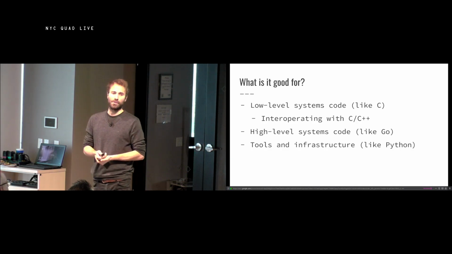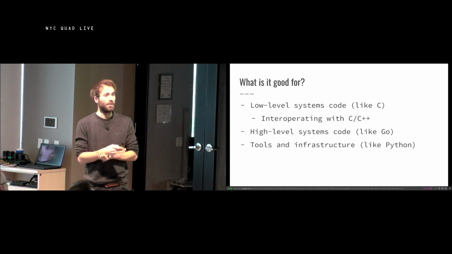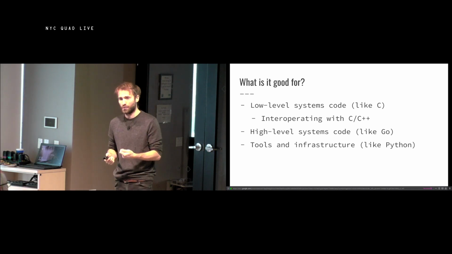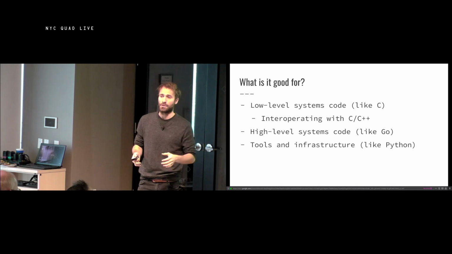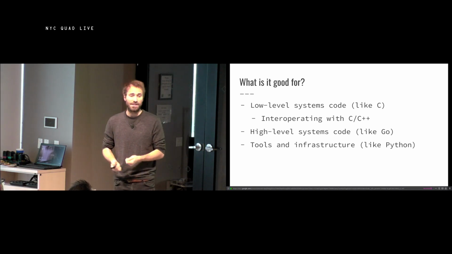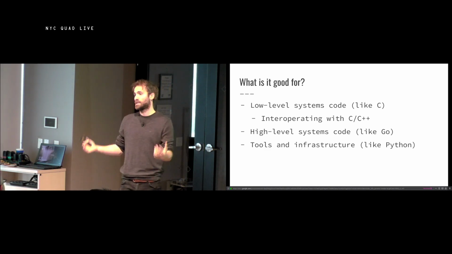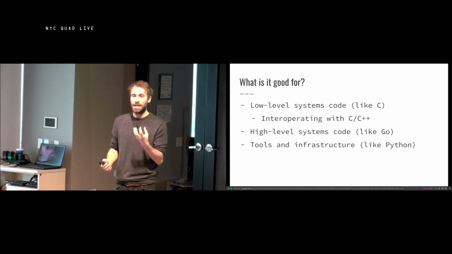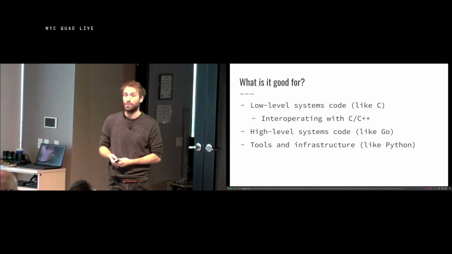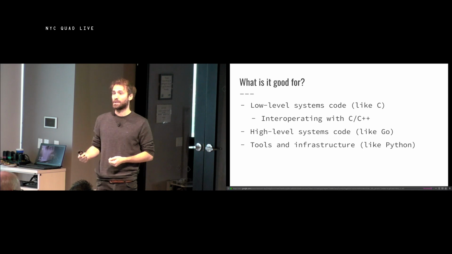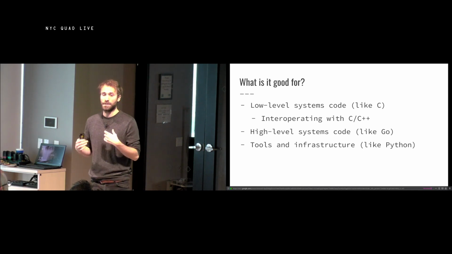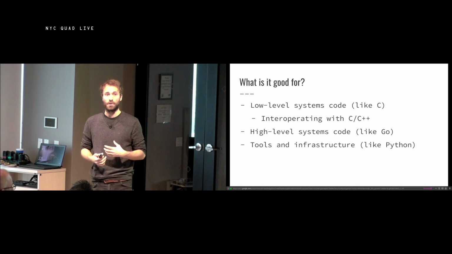So what would you use Rust for? Well, Rust is really good for writing low-level systems code. So the space that's traditionally occupied by C or C++. And part of the reason for this is because, as opposed to many other languages, it explicitly tries to be interoperable with C and C++. That means that if you have existing libraries, you have existing systems that are built using those languages, you can take Rust and swap out just small parts of it and still have it work well with the existing software that you have. And in fact, this is why Mozilla developed Rust in the first place. It was to let the Firefox browser swap out components with something that was highly concurrent and written in Rust so they knew that it wouldn't crash.